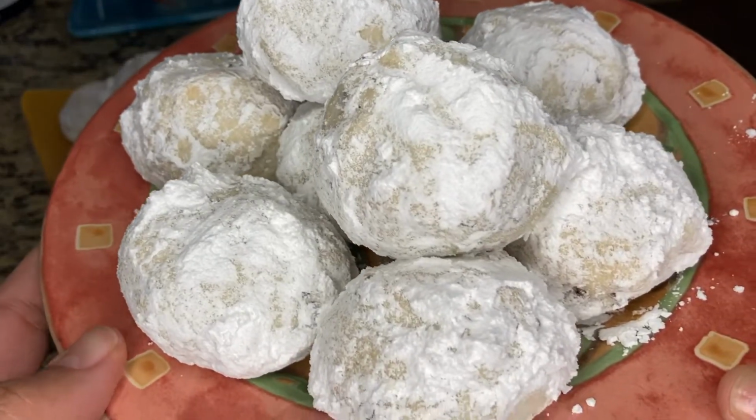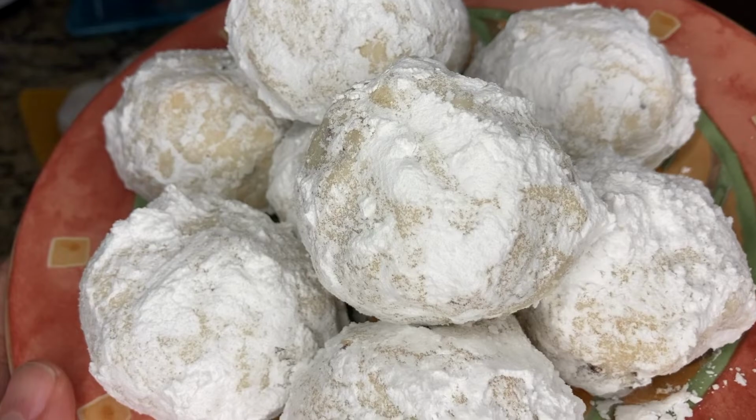I'm 100% convinced that these cookies will usher in world peace. Okay, I know that's a really bold statement, but before I explain myself, hello, I'm Jeanette at Rustic Pathways, and